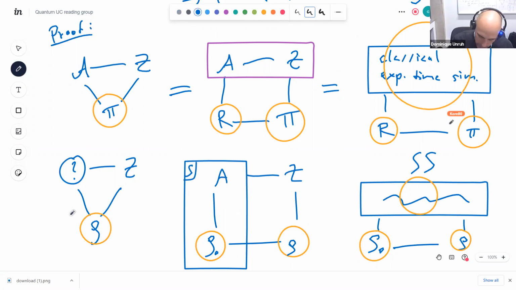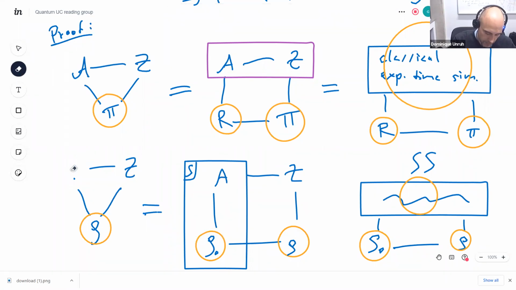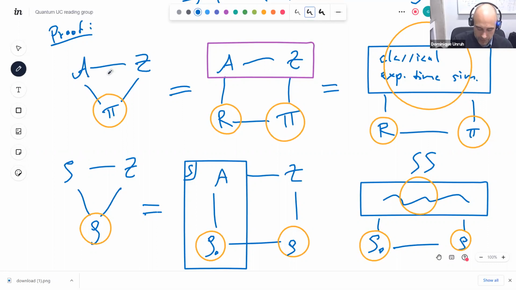So this is the same as this network which we wanted. So now we know that this is equivalent to this. So as you see, we can, by purely structural reasoning, show that statistical security implies classical security implies